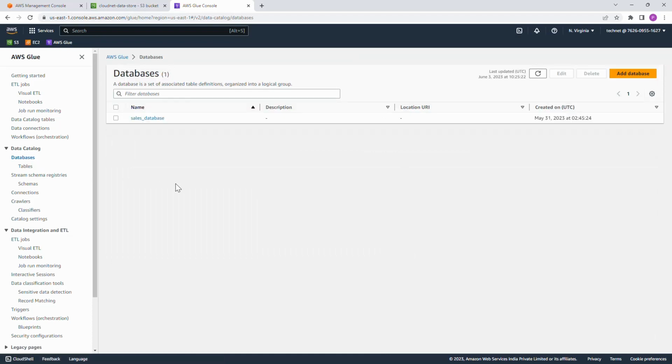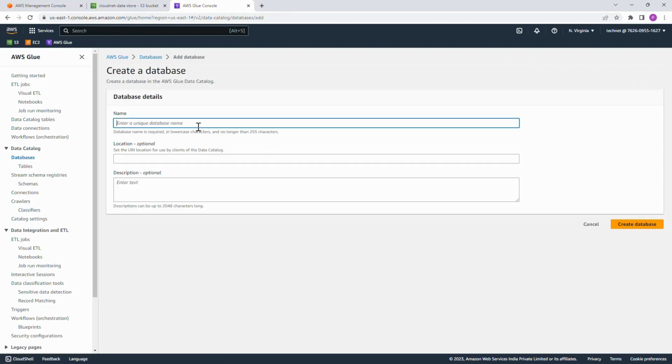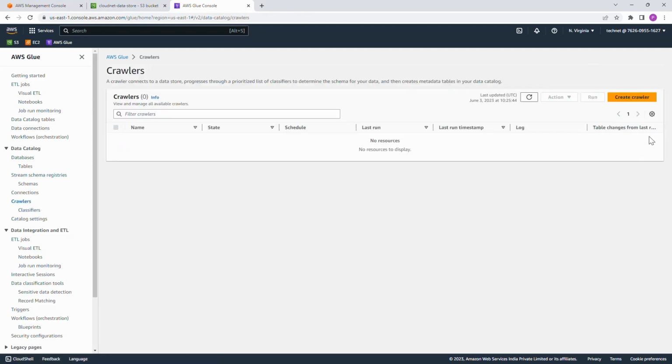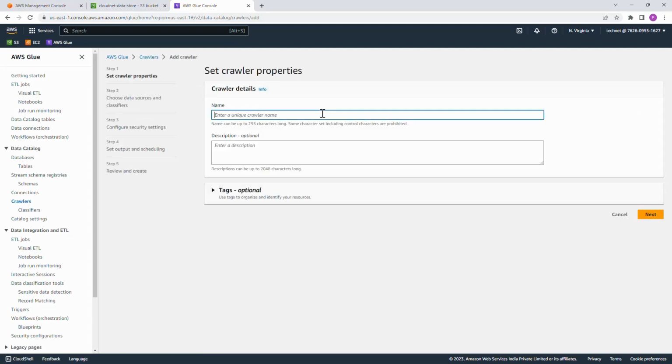Click on databases. So I already have sales_database created. If you do not have any databases, go ahead and add a database, give the database a name and hit create database. For now, I'll be using the existing one, so I'm not creating a new one. So go to the crawler section, click on create crawler, give a name, sales_crawler,